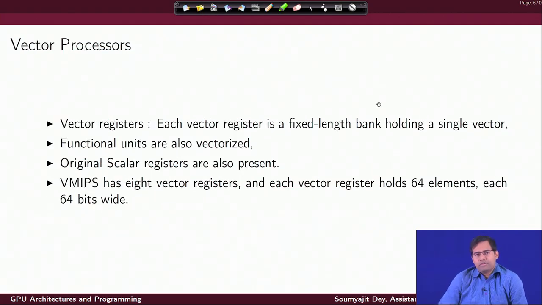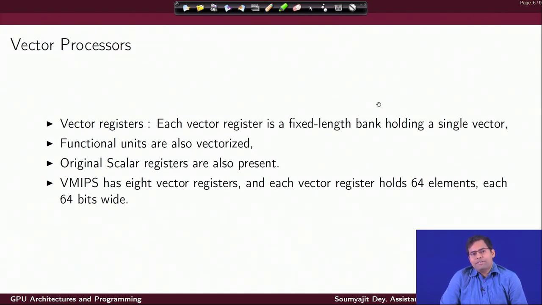So, coming to vector processors. What is the essential design philosophy behind a vector processor? It's fundamentally like this: you have a register file in your processor. Apart from having normal, by normal I mean scalar registers, you also define what we call a vector register. So, what's a vector register? Each vector register is a fixed length bank holding a single vector. Say you have a length vector which is holding the different length values for the different dimensions of a house. That can be stored as a single type, a vector type of length.